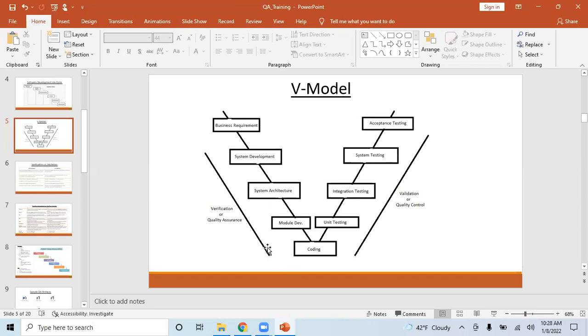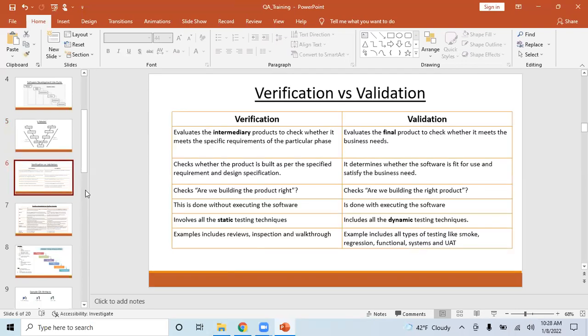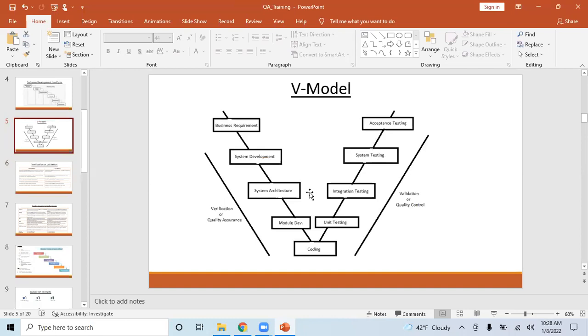And there are two things: verification and validation. That's what we'll cover next in detail. It is a very important question from an ISTQB point of view, but also in interviews, if they want to check whether you have the correct process knowledge. What is the difference between verification and validation, right? At one very high level,